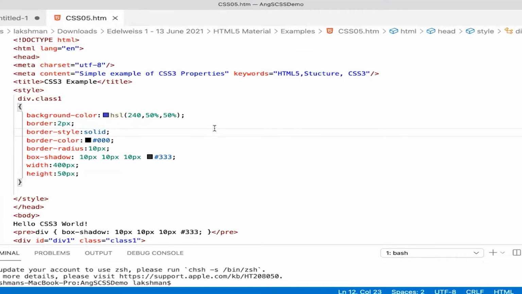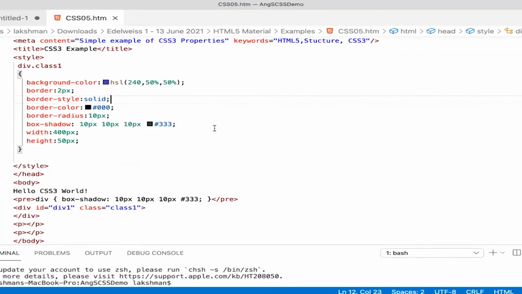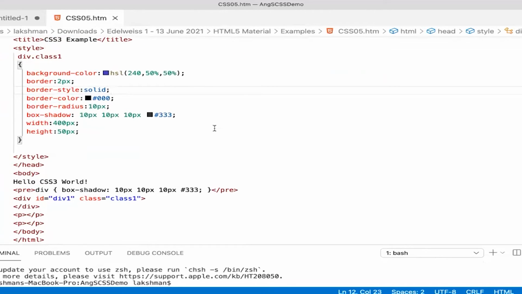Okay, here's what we're looking at. We've set the box shadow, as you can observe. This is the horizontal offset, the first value, vertical offset, the blur radius, and the shadow color.